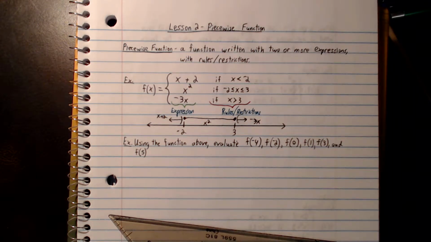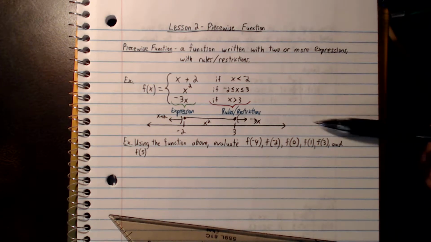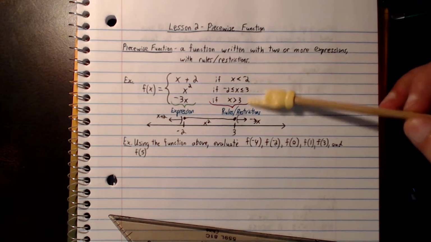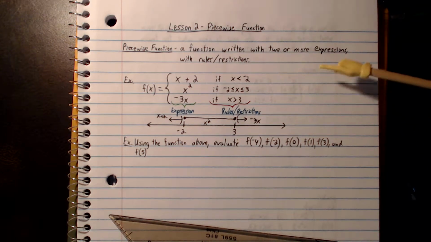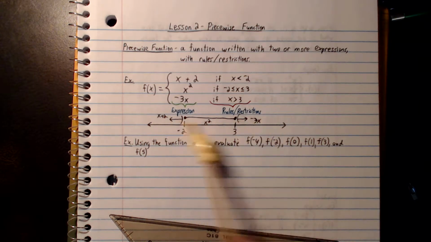What I just did was draw myself a little reminder map of where I need to plug things in. I can get it from looking at it here because I've done this a bunch of times, but if you're new at this, just draw out a number line, figure out where things are, and then draw in the formulas. Then you know exactly what you need to plug in